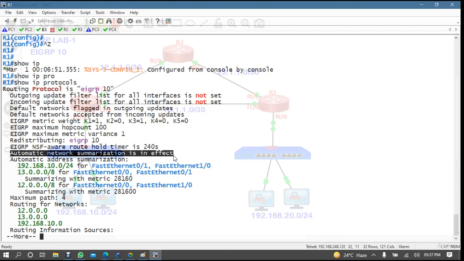By default, auto summarization is in effect. You see I advertise 12.1.1 something, and automatically it is summarized. Can you see?